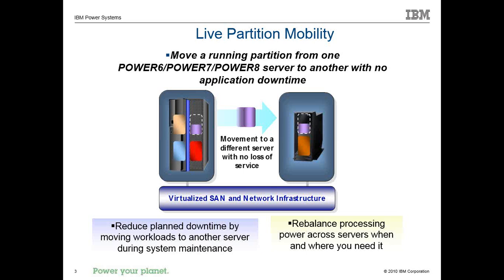We accomplish this by having the LPARs that we move all be virtualized. They're using VIO servers for their network infrastructure and for their SAN infrastructure. To be able to move it from the server on the left to the server on the right, both those servers have to have their IO adapters attached to the same network and the same SAN. So you have to have the VIO servers on your servers, and you have to not have any physical adapters assigned to that LPAR when you're moving it. Both VIO servers, on the source and destination servers, must be on the same SAN and network infrastructure.